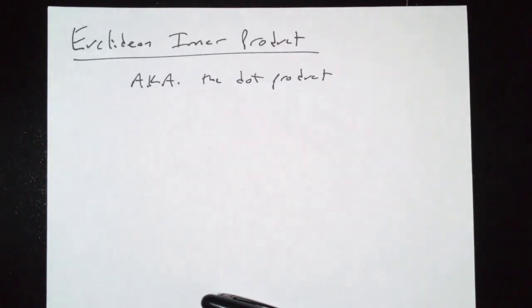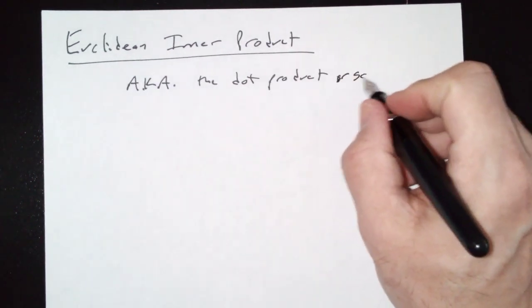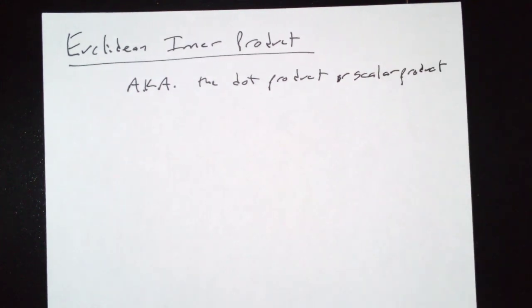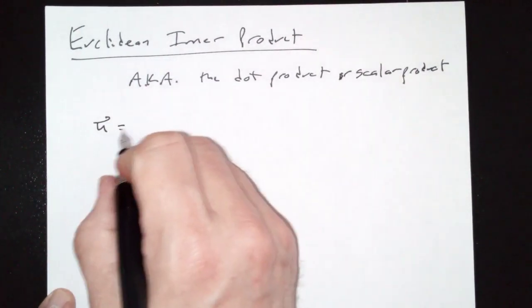Okay. I want to talk about the dot product, the Euclidean inner product. It's sometimes also called the scalar product. And the reason it's called a scalar product is because we're going to multiply two vectors and we're not going to get a vector. We're going to get a scalar. So if I'm in two dimensions,